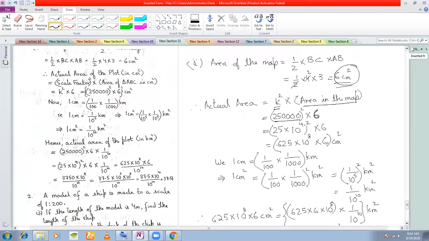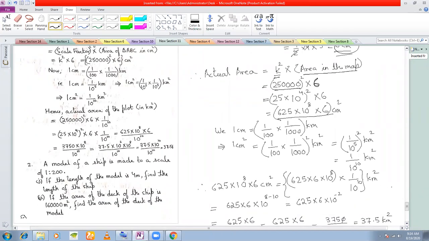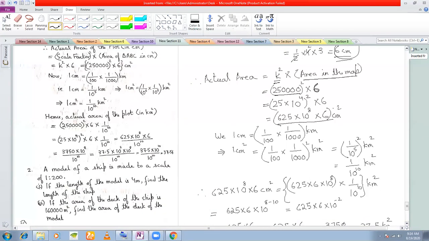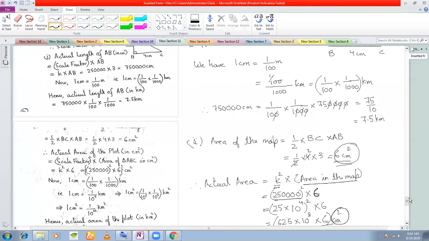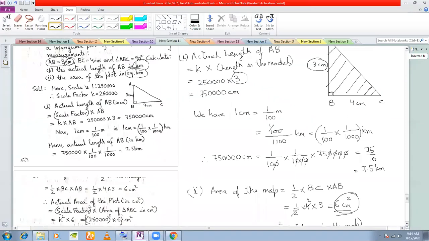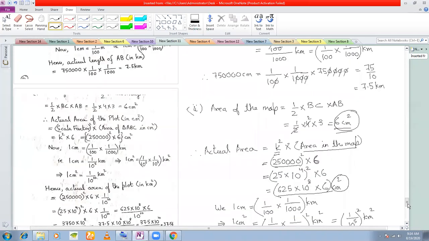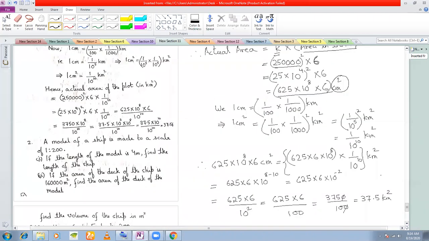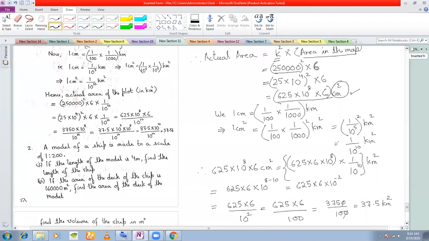Okay. So we calculate the actual area in exponential form because a very huge number is involved here. So exponential form will help. So we convert it to exponential. Now see the question, we have got this huge number in centimeter square, but what have they asked? They have asked to calculate the area of the plot in square kilometers, right? That is what they have asked. Square kilometer. So the main thing here is the conversion. Centimeter square we need to convert to kilometer square.